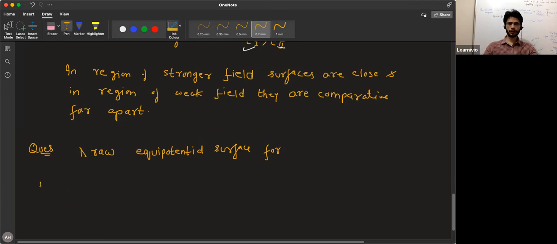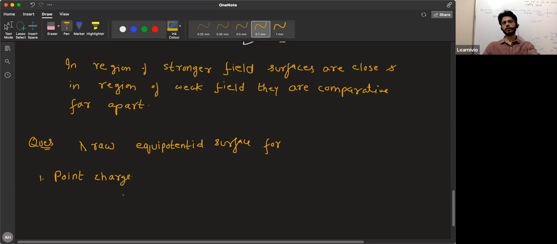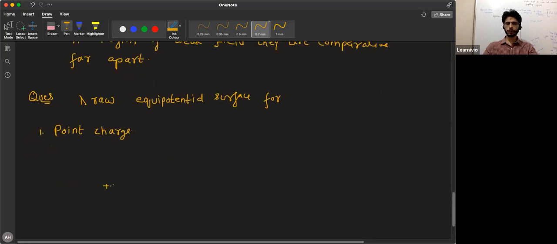The first is for a point charge. So to draw the equipotential surface for a point charge, we will choose all points which are at the same separation from